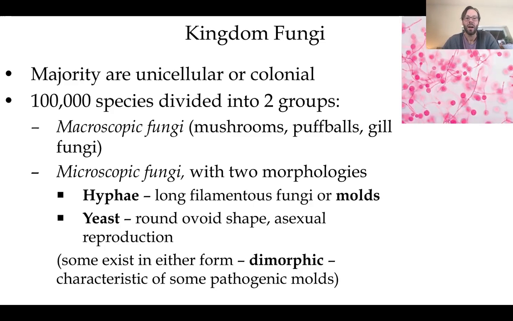Okay, so if it's, for instance, a yeast when it's at higher temperatures like body temperature, but outside the body at more of a room temperature, it's a mold or hyphae. That's dimorphic. And this is how these things become pathogenic. You have a mold that exists in the environment, and you breathe it in. And this was in that clinical application section of the lab. You breathe it in, and now it exists at a higher temperature as a single-cell yeast.